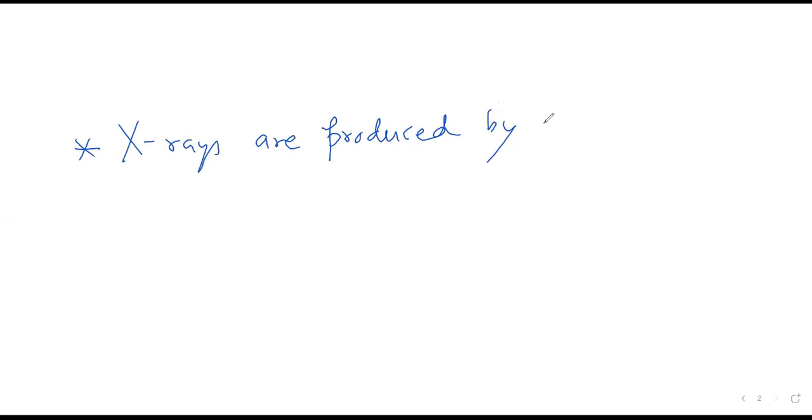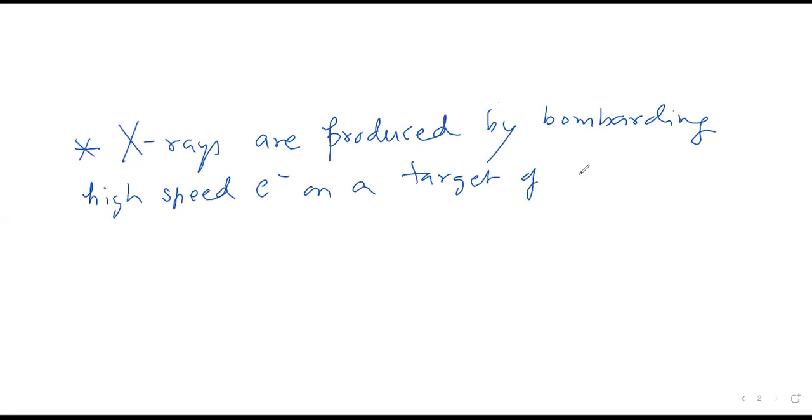Let me write down the statement because this is important. This is a single line statement. X-rays are produced by bombarding high speed electrons on a target of high atomic weight and high melting point. Any material can be used which is of high atomic weight and high melting point. For example,